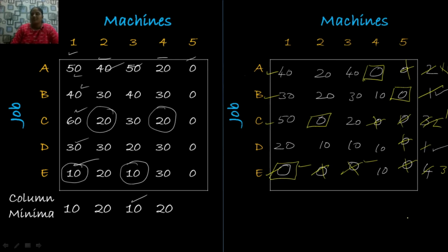For that, let me first mark the row which doesn't have any assignment. The fourth row doesn't have any assignment, so I am going to mark this row. This is my first step. Mark the row which doesn't have any assignment. Next, mark the column which has zeros in the marked row. After marking the row, check is there any 0 element. Here there is a 0 element, so you have to mark this corresponding column. This is your second step.